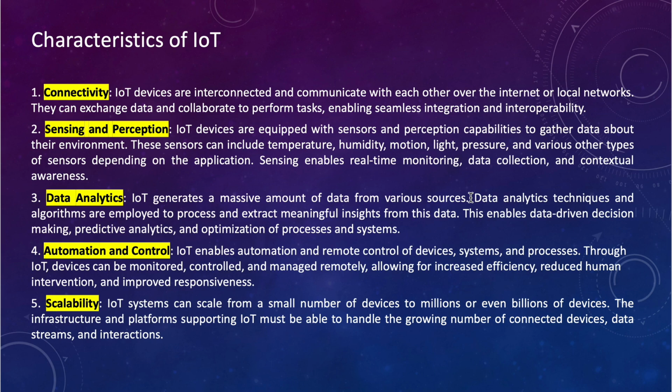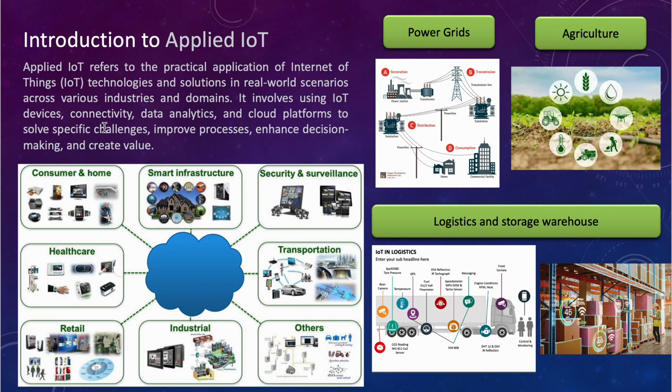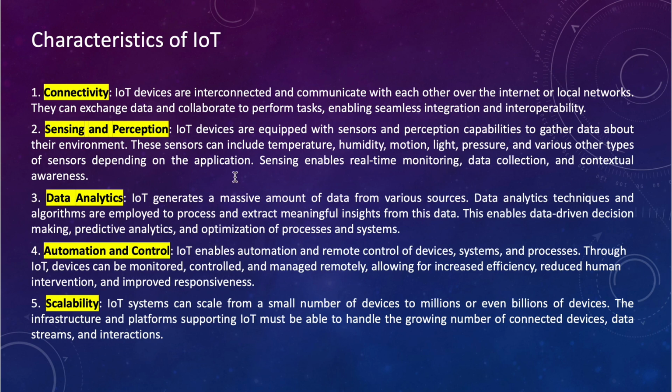Now you understand how that massive amount of data can be used in different domains and different industries for, again, decision making, optimizing processes of systems. And in applied IoT, that is what we are concentrating on, how to apply IoT to improve processes, enhance decision making. So that's how data analytics works in this. So now we know that